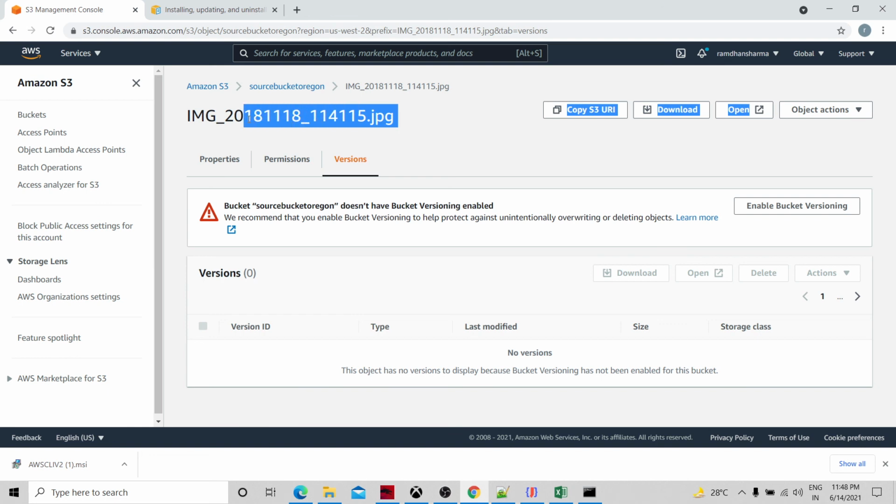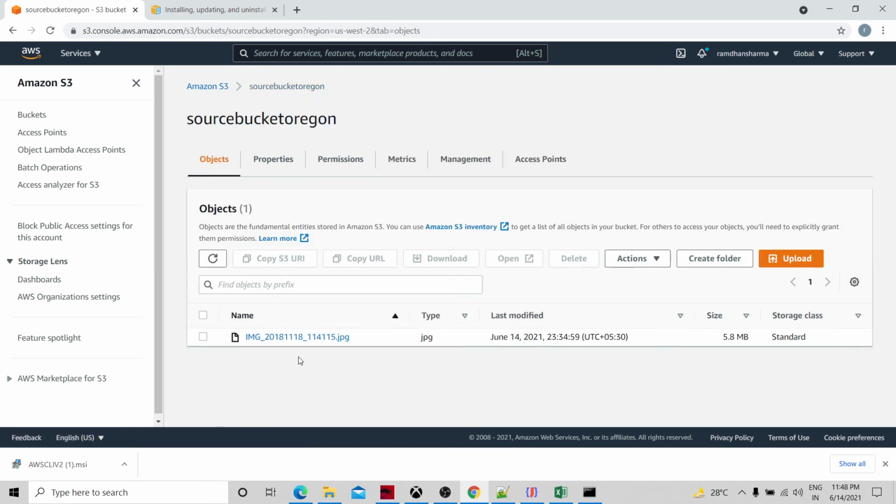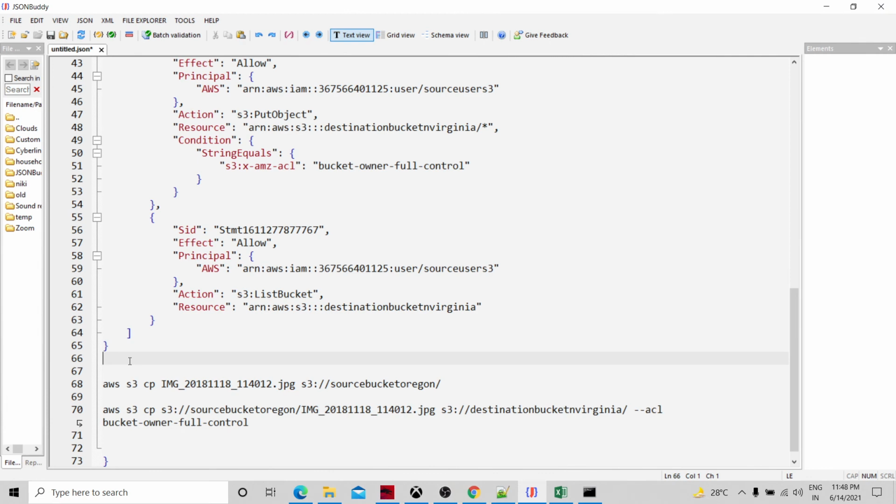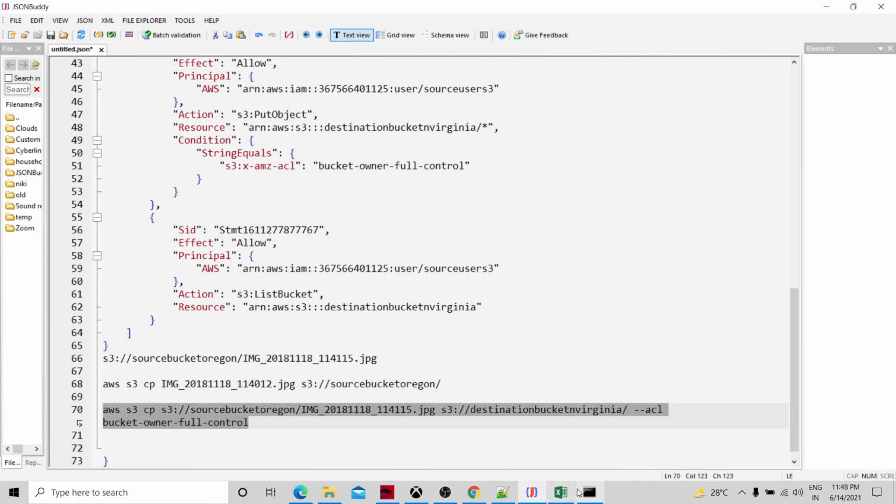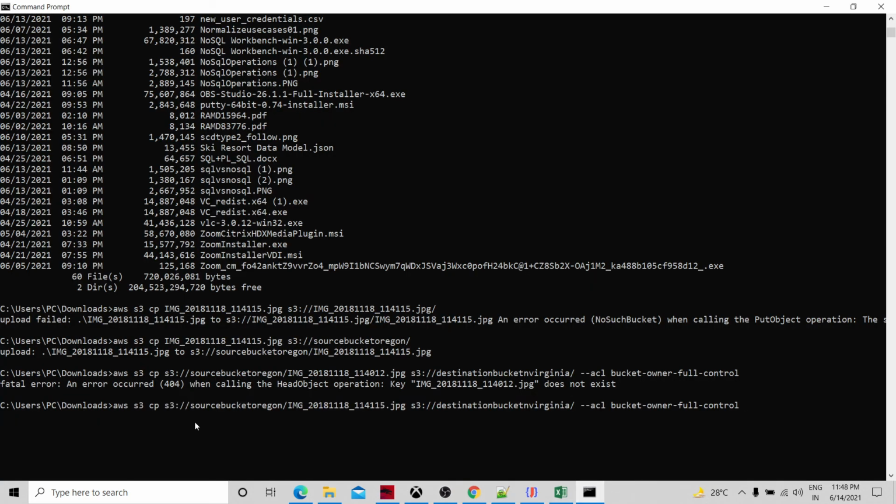I will copy only the file name, copy the file name from here, and paste it into the command over here. Now I'm pressing the button, and now it is getting copied, I think.